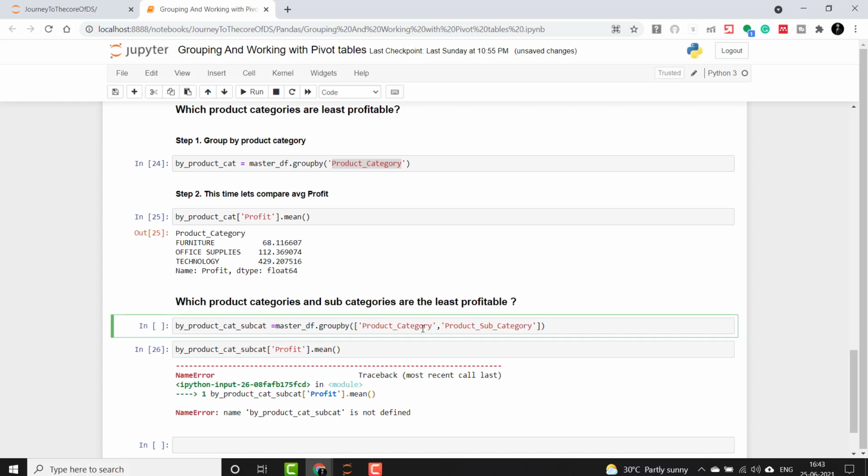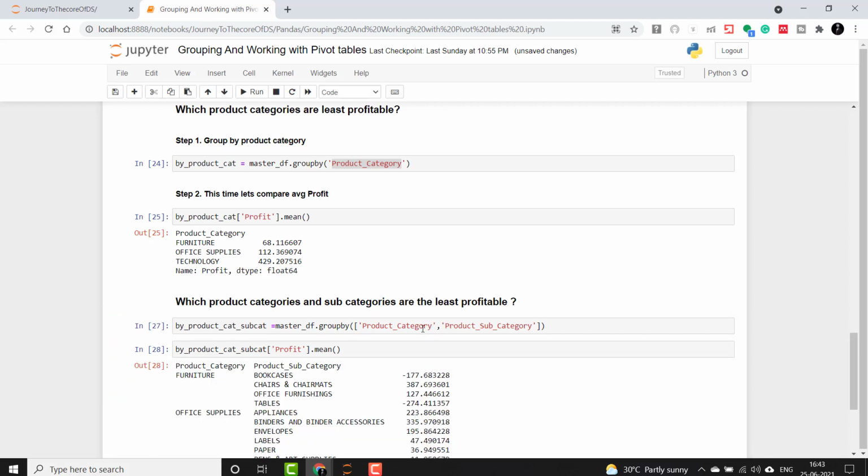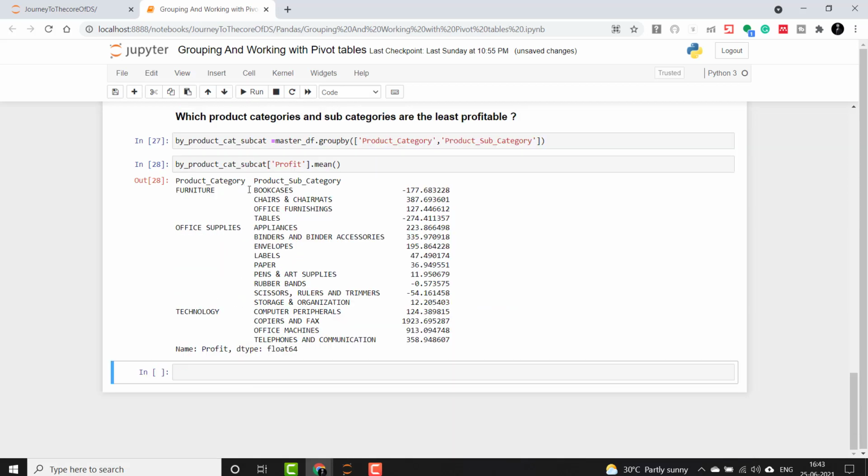Now I'll execute both of them. You will see that within furniture it has categorized more into subcategories. You will observe here that within furniture, tables are the least profitable, followed by bookcases, and chairs and chair mats are most profitable in this.